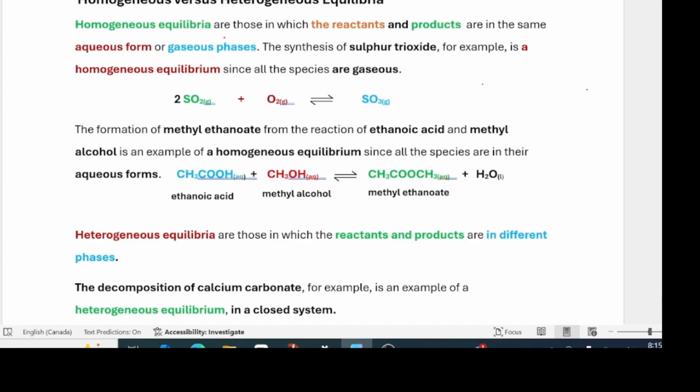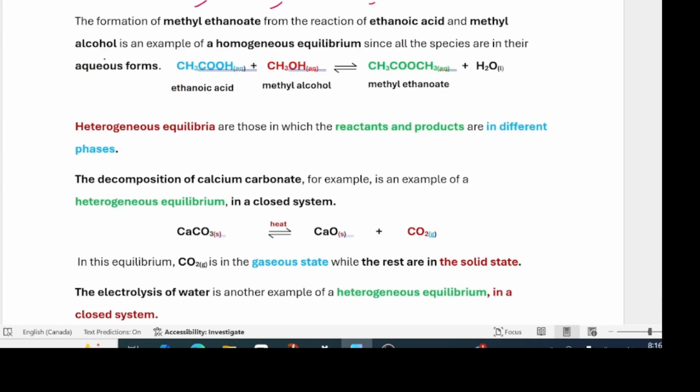Homogeneous equilibria are those in which the reactants and products are in the same aqueous or gaseous phases. The synthesis of sulfur trioxide, for example, is a homogeneous equilibrium since all the species are gaseous. That's a gas, that's a gas, that's a gas. The formation of methyl ethanoate from the reaction between ethanoic acid and methyl alcohol is an example of a homogeneous equilibrium since all the species are in their aqueous forms. Thus, aqueous ethanoic acid reacts with methyl alcohol to give you methyl ethanoate